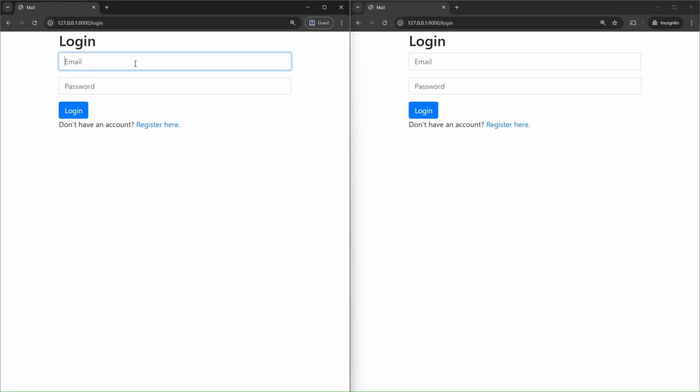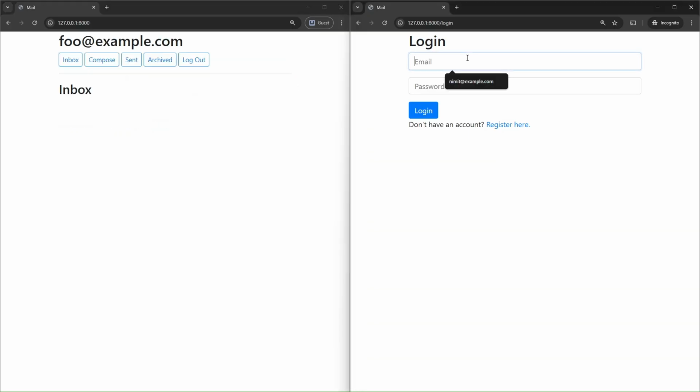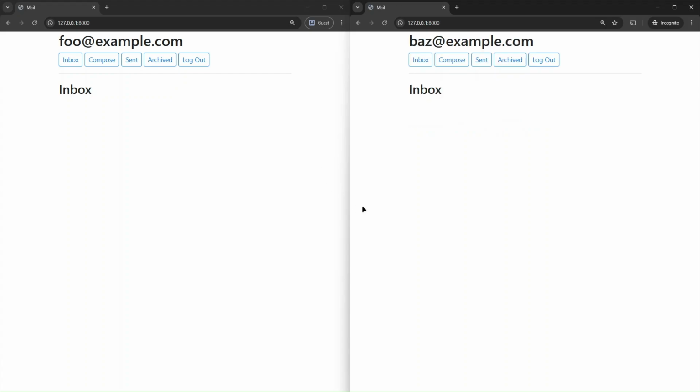So let me quickly log in. Here I'll log in as foo@example.com with the password. And here I'll log in at baz@example.com with the password. So I'm going to be simulating two different users communicating with each other via the mail